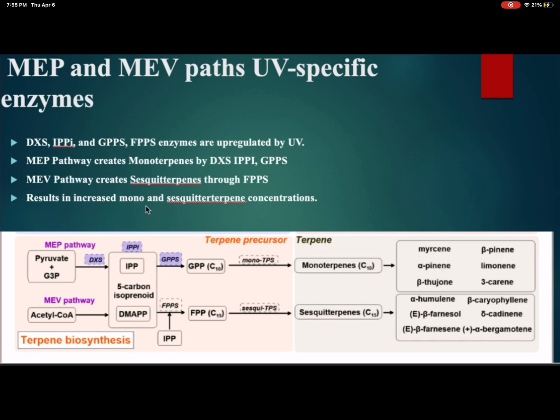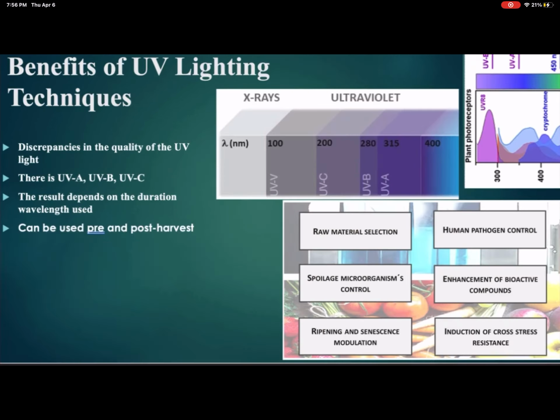And then we have the MEV pathway, which creates sesquiterpenes through FPPS, and some of those are known as humulene. We had beta-caryophyllene that we covered. By stimulating these enzymes, this results in increased mono and sesquiterpene concentrations in all plants, since these are conserved pathways. So while using enzymes and photoreceptors is a practical approach to increasing secondary metabolites, we have to understand